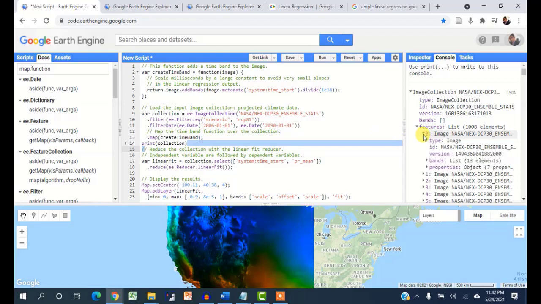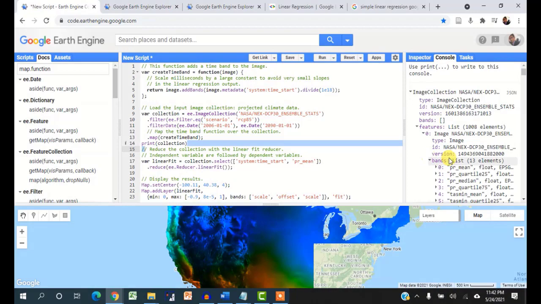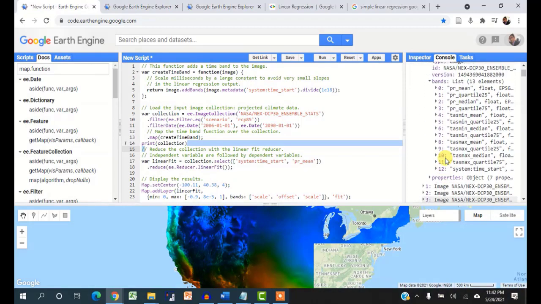In each image you will find 13 elements, whereas the original dataset only has 12 bands. However, you can see at the end we have added another band, which is the time band.